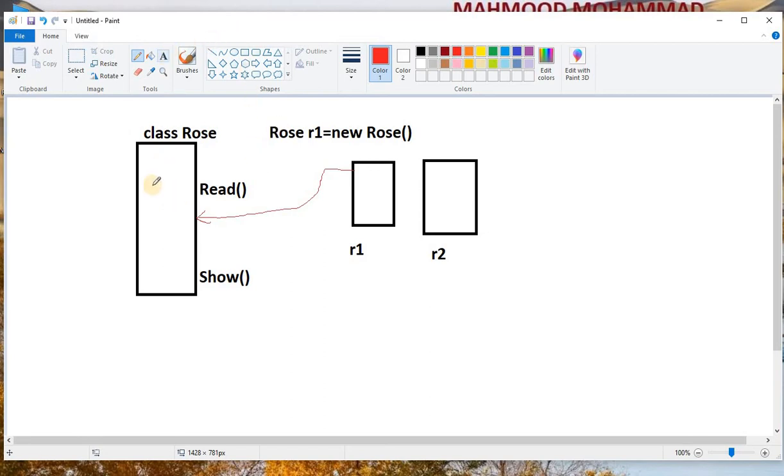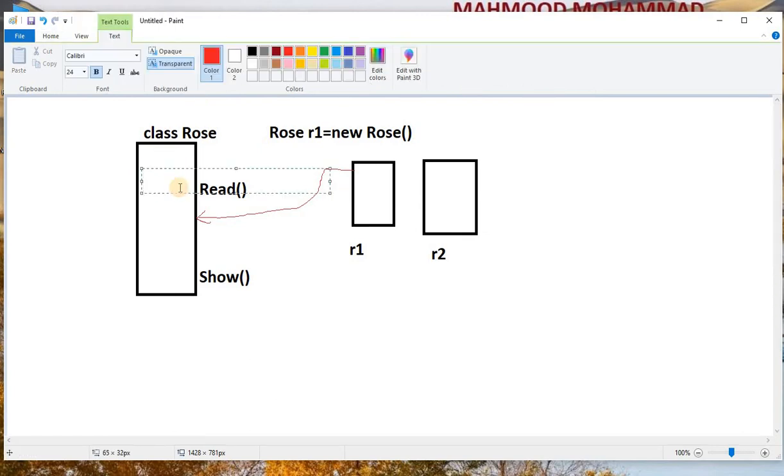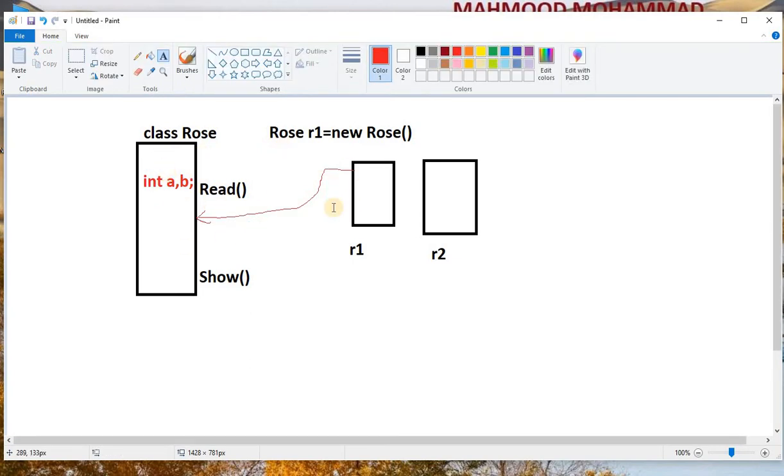Now within this r1, what data will you have? Whatever you declare, for example integer a, b, or string a, c, or something like that, all that data can be used here.